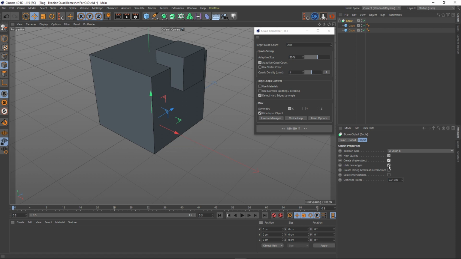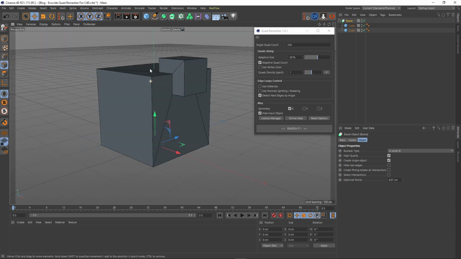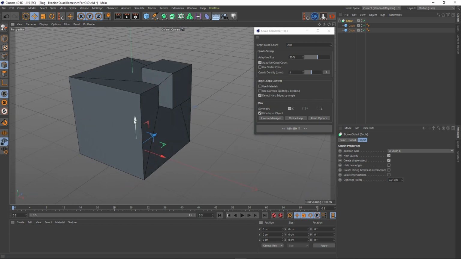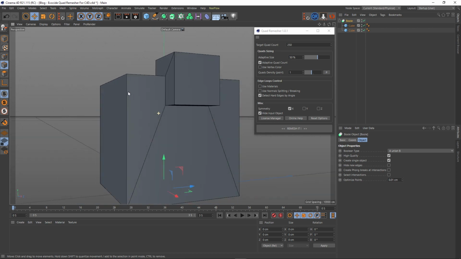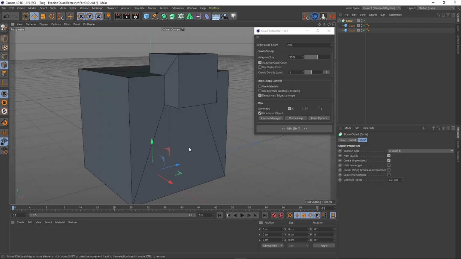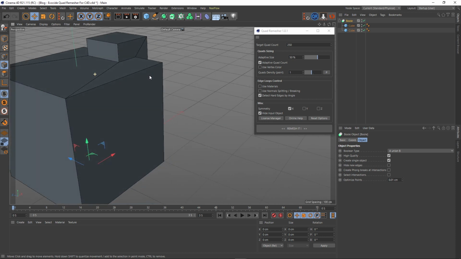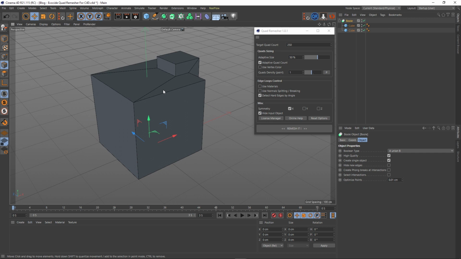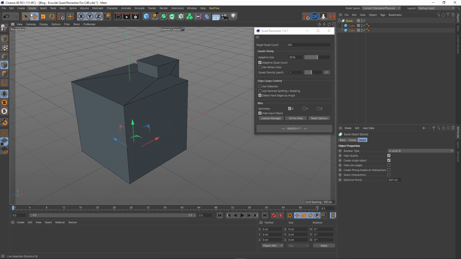So if I uncheck this, you can see how this new object is going to be formed when it's made editable. Now in this case, this is actually perfect because everything is quads. This is a quad, so's this, so's this, so are these. Excellent. But when things get a bit more complicated, it's not going to be a quad. I'm going to leave hide new edges off for the time being, and I'm going to create a null,